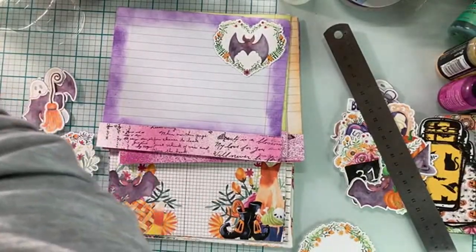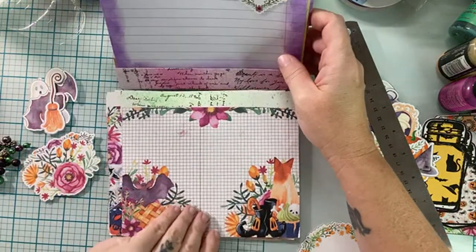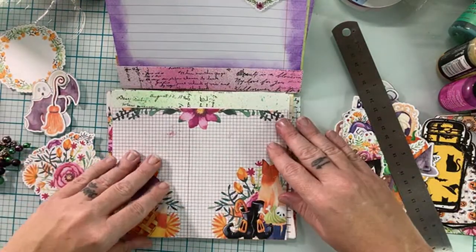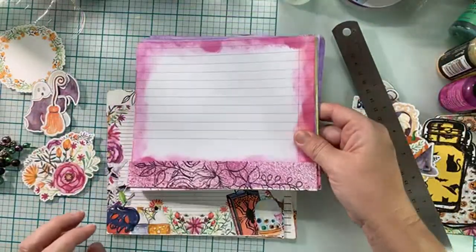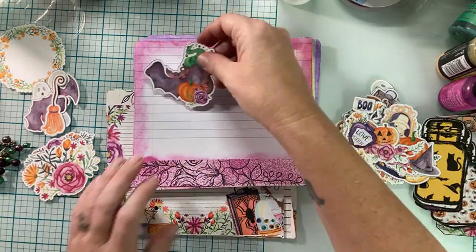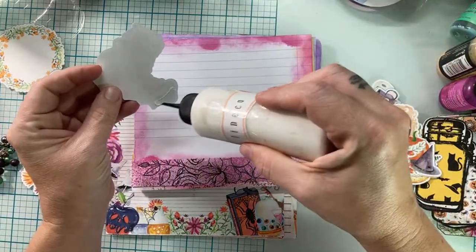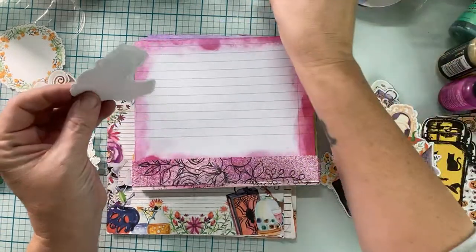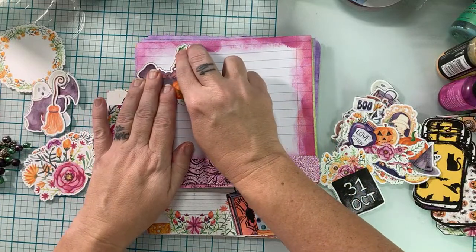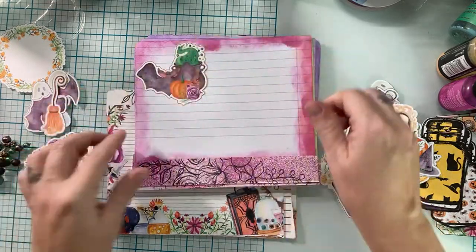to hold my inks. And I'm actually going to destash some inks, you guys. I'm going to destash my Lawn Fawn and my Favorite Things inks. Just so you know, I was trying to decide if I do that during the craft fair or if I might just do it before the craft fair happens. Because really, I want the craft fair to be handmade goodies, you know. So I might just destash them before then, but I'm going to destash those